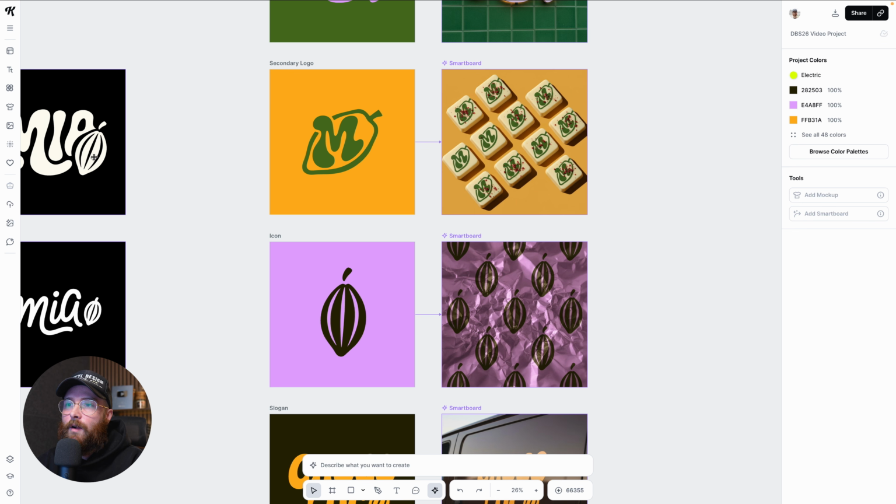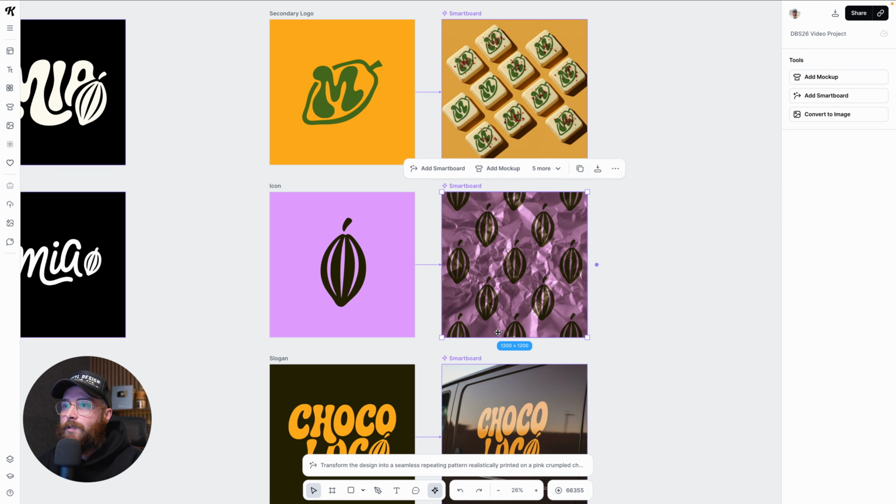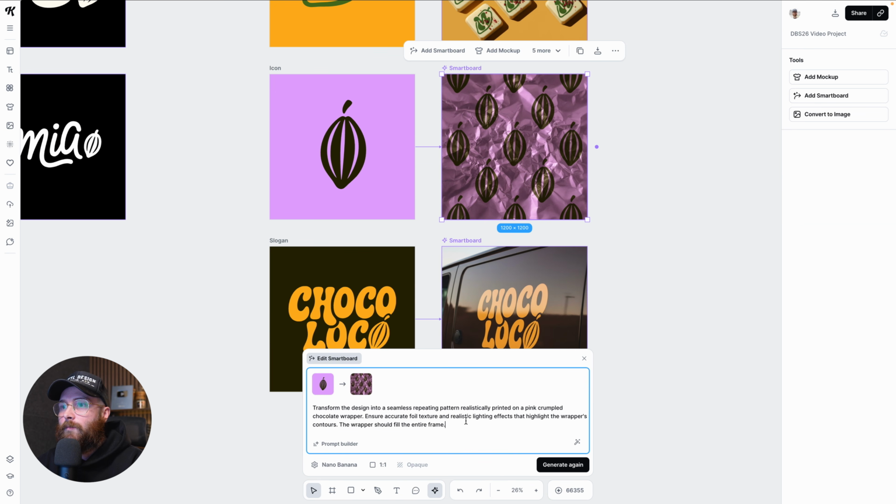We took the icon that was in the logo and just included it by itself. And then in this smartboard, we started creating some packaging. So repeating pattern, crumpled pink chocolate wrapper, accurate foil texture. I mean, this is just a really cool way to start getting some concepts,